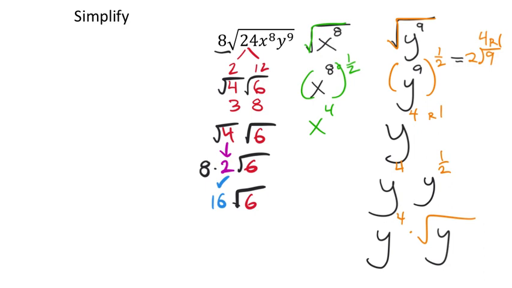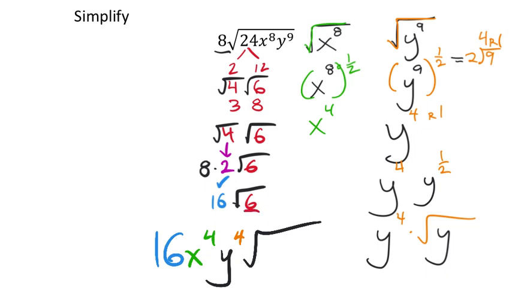Okay, so now I've done all 3 parts on that. So let's start combining stuff. So we've got the 16 on the outside. We've got an x to the power of 4. And then I've got my y to the power of 4. Then we've got a square root. So we've got the 6 inside, and then I've got a y left over. And that's it